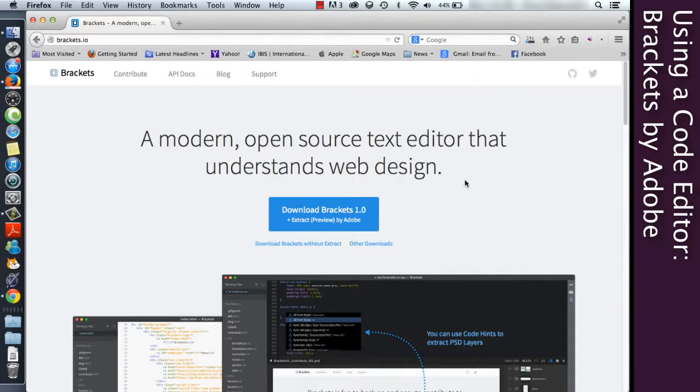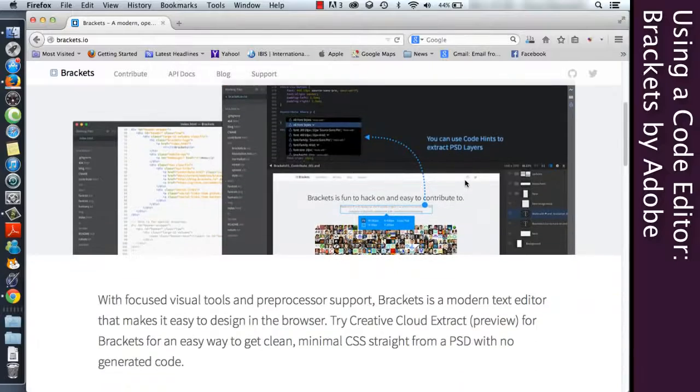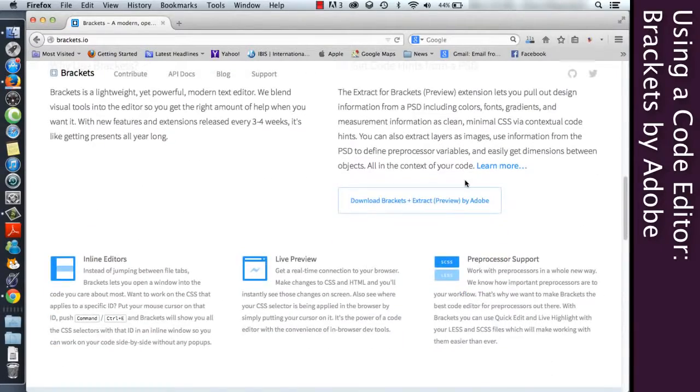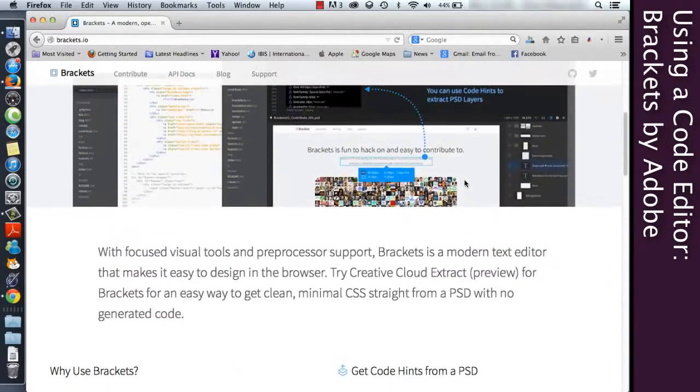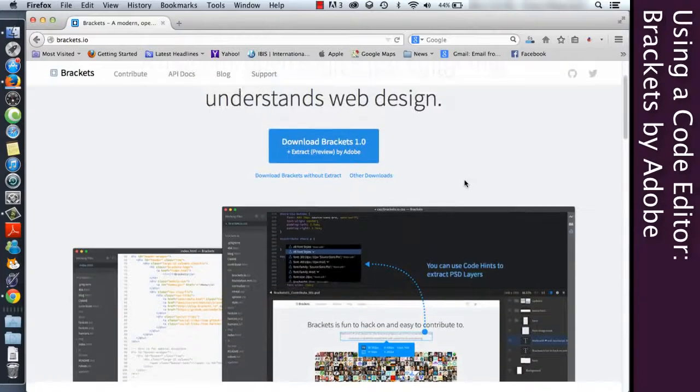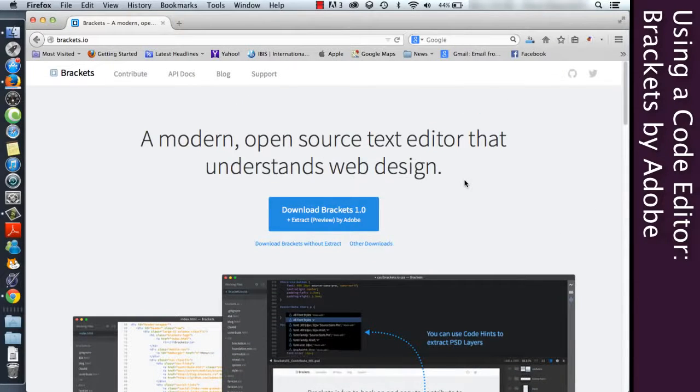They're also frequently making updates to it, which is also impressive for it being free. And the whole thing is actually written in HTML and JavaScript and CSS and stuff like that. So if you're really good at it, you can actually modify the program to do more of what you need, what you want.